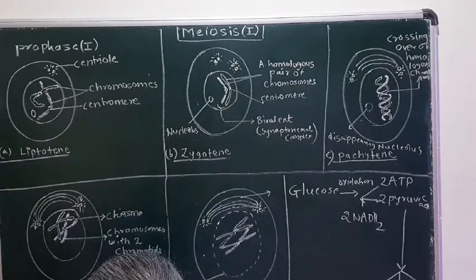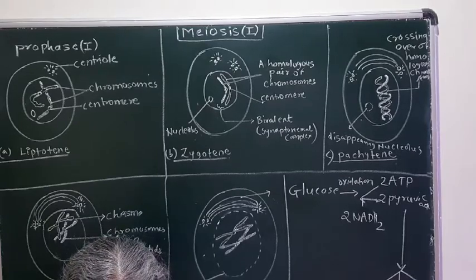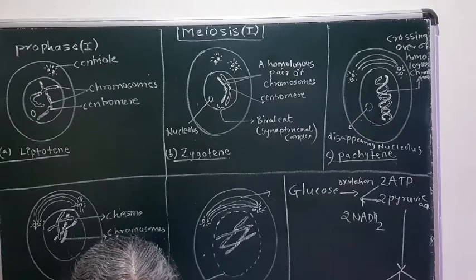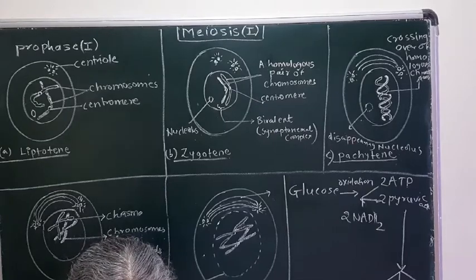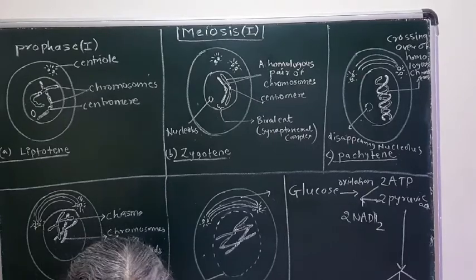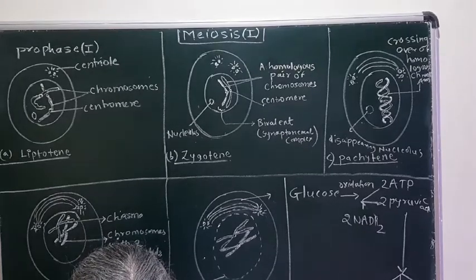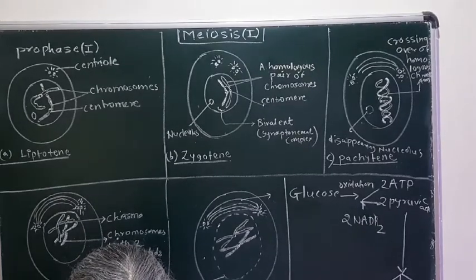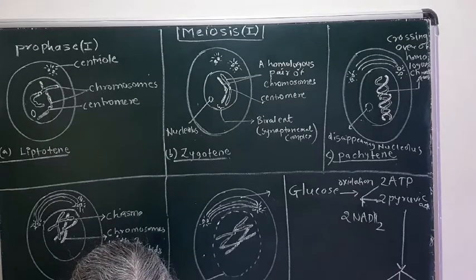With the help of a suitable diagram, explain mitosis. With the help of a suitable diagram, explain the 5 stages of prophase 1 of meiosis. I have shown you the diagram. You can refer to the digest. Everything is given in detail in the digest, and I have taken the explanation from that only. How do all the life processes contribute to the growth and development of the body? Page number 12, first paragraph. They have given the heading living organisms and life processes. You use that first paragraph for writing the answer to this question.